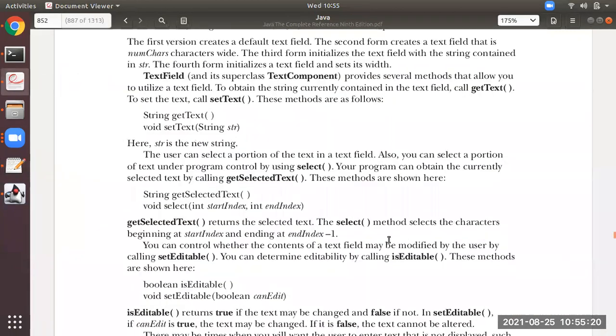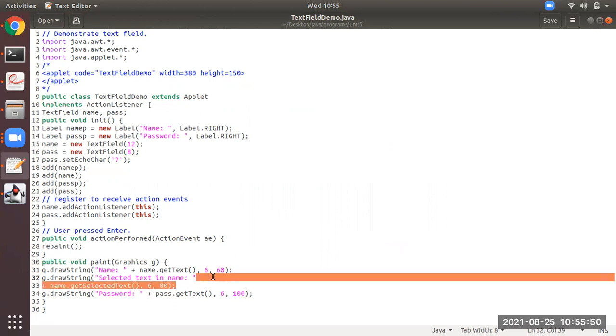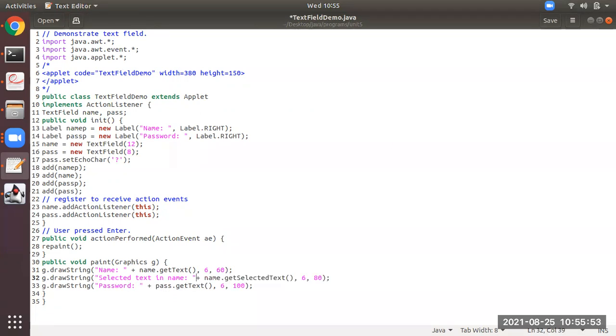Then the user can select a portion of text in the field. Also, you can select a portion of text under program control by using the select method. Okay, the methods are this one, get selected text, this one or this one, from particular position to particular position, like that. You can use that also, but you can see over here at line number, just a minute.